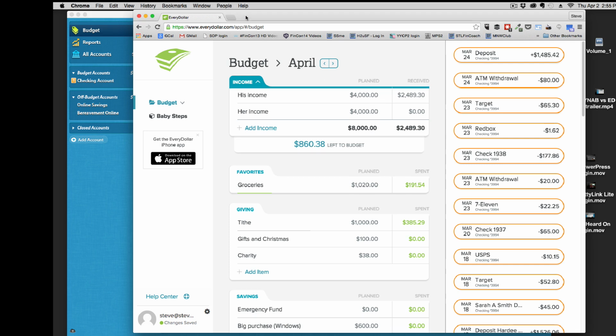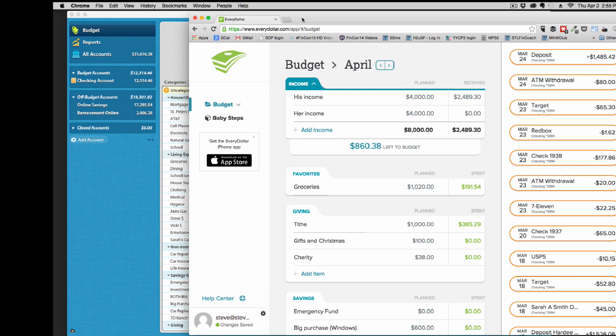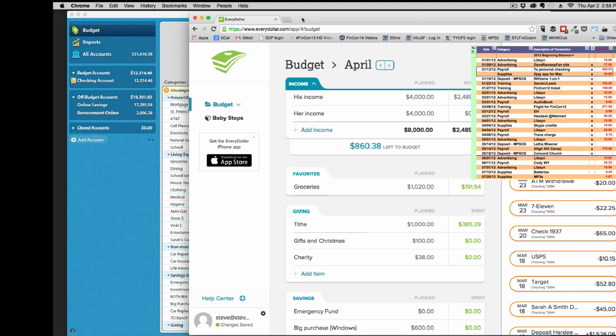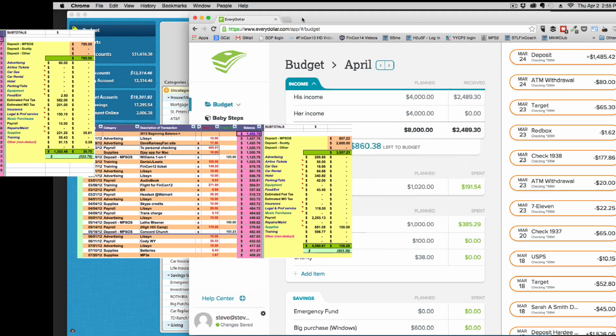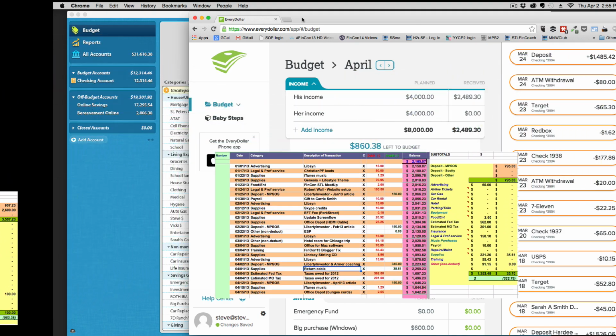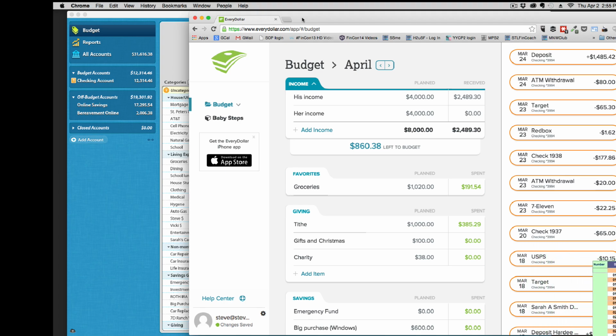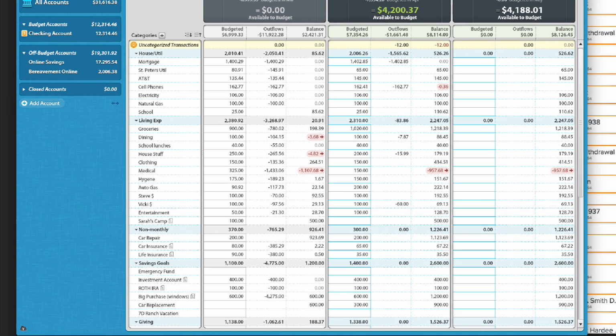Probably the biggest learning curve is one we went through when we went from an old-fashioned Excel spreadsheet zero-based budget. EveryDollar is named that for the current month, and then you go to something like YNAB. YNAB allows you to let extra funds flow into the next month.